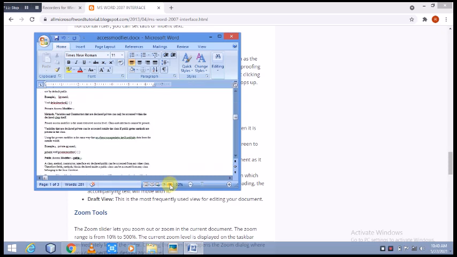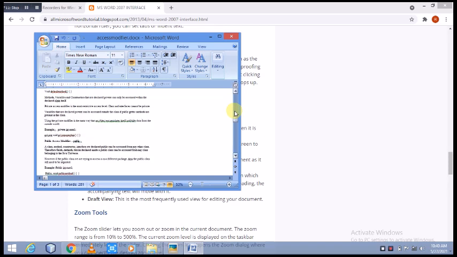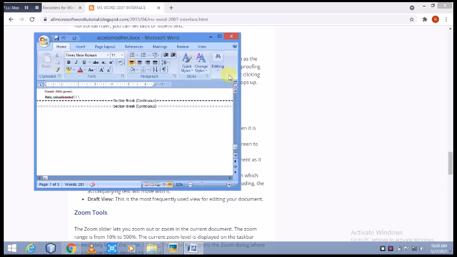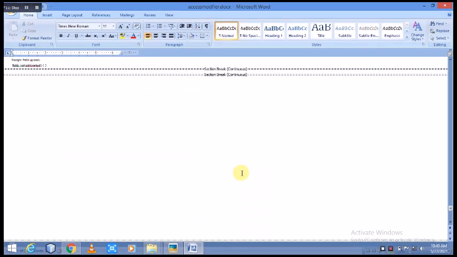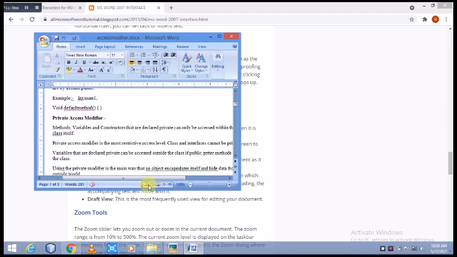By seeing our draft, only the draft will be seen, the complete detail won't be seen in this option. Okay, so I think our normal view, print layout, will be better for us. Let's see the next option.